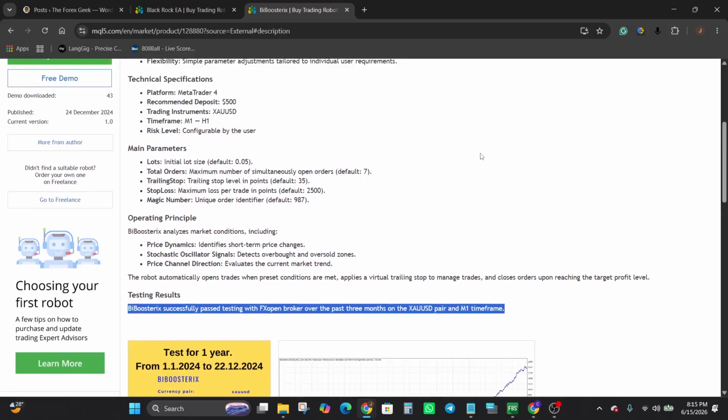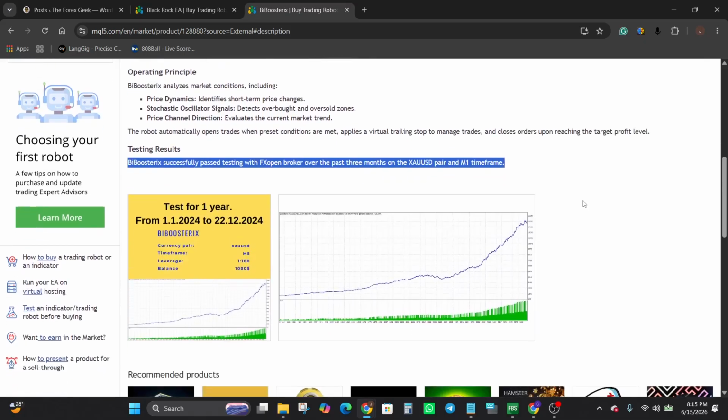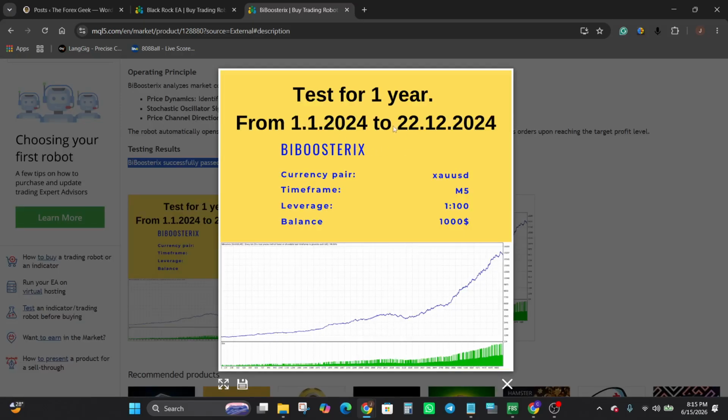As always, shorter testing periods can provide useful insight into recent behavior, but I'll still recommend running longer term testing yourself as well so that you can get a more comprehensive understanding of how the EA behaves across different market conditions. So looking at what we have here, this is a test for 1 year from 1st January 2024 to